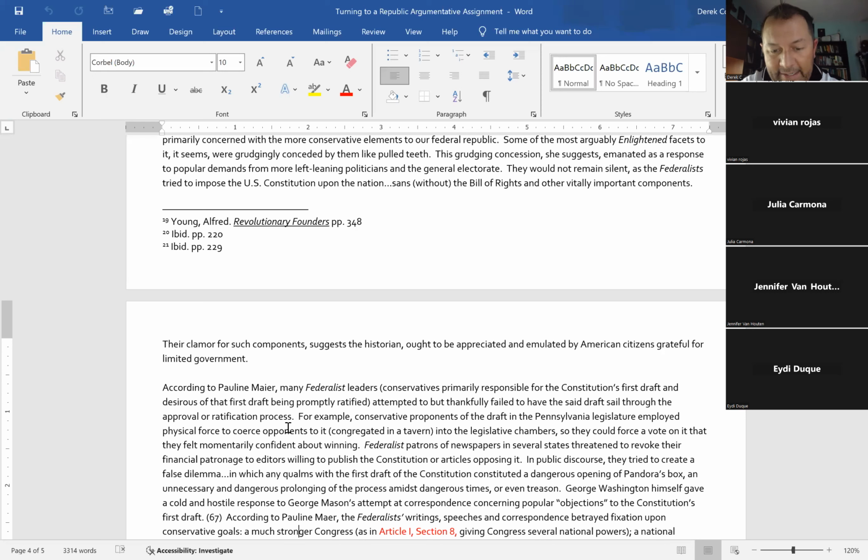Enough uninvited guests came to ratification conventions, making demands on behalf of the people of their towns who had elected them, and so forth, so that the Federalists, the conservatives, felt obligated. They felt obliged to basically